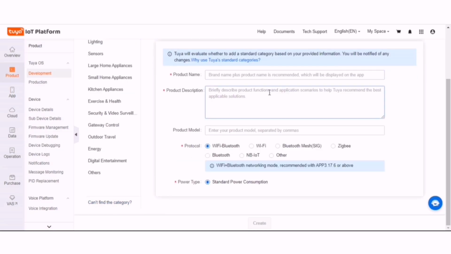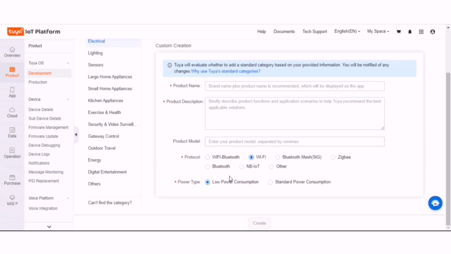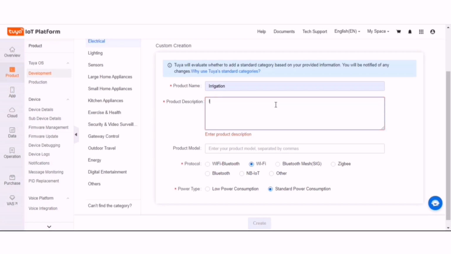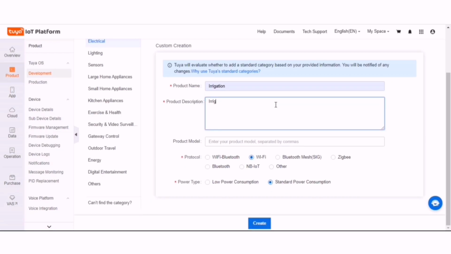Enter your product name, product description, product model, connectivity protocol, power type, standard power consumption, irrigation system, and click on this create button.